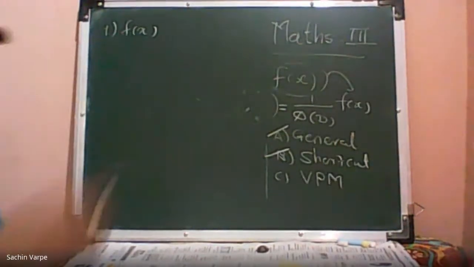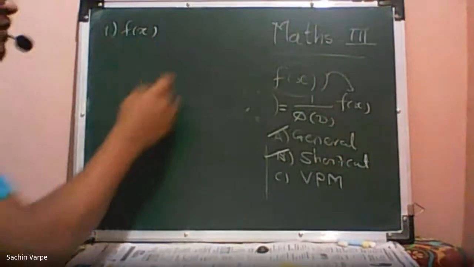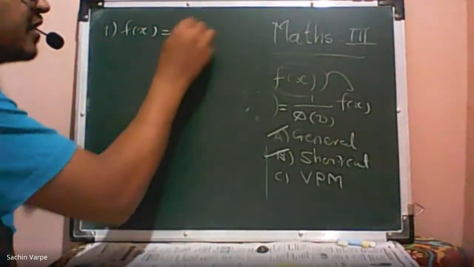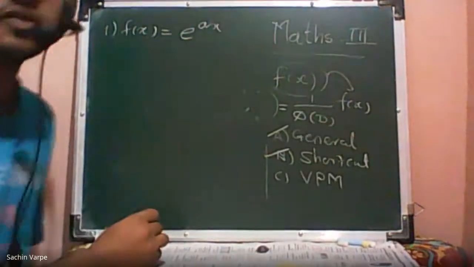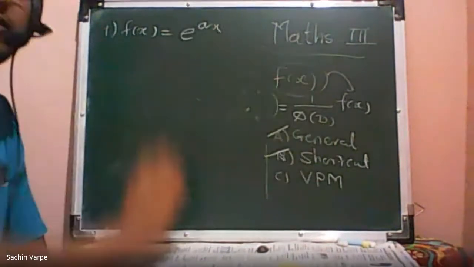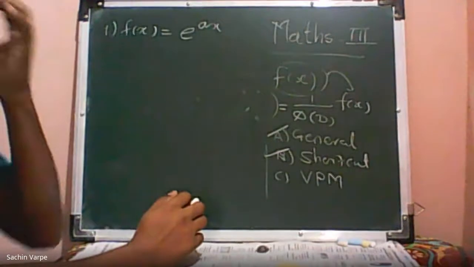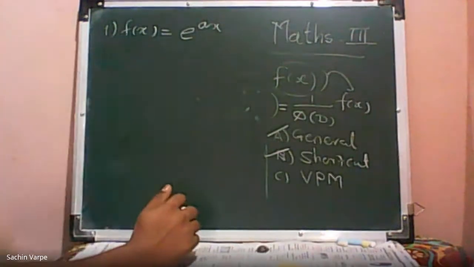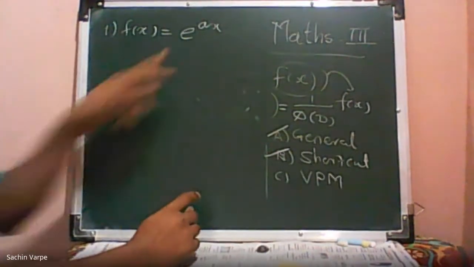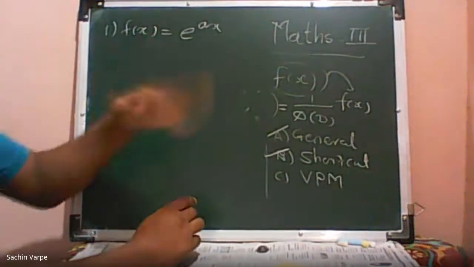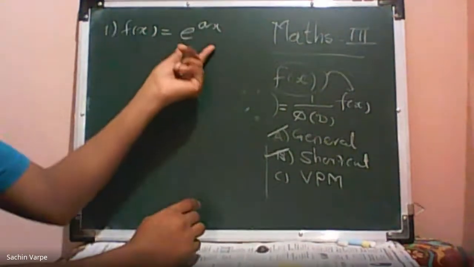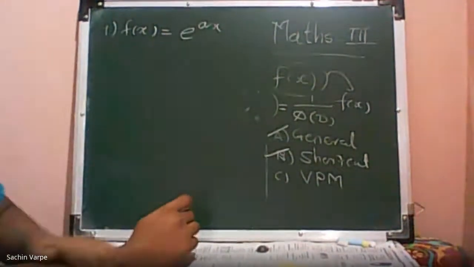Anyway, so in shortcut, we have discussed the first case as an exponential function. When the right hand side function is an exponential function in the given differential equation, then directly we can get the particular integral by shortcut formula. Remember, it should not be a double exponential function, e raised to e raised to. It's just a single exponential function. Then only we can apply this shortcut.